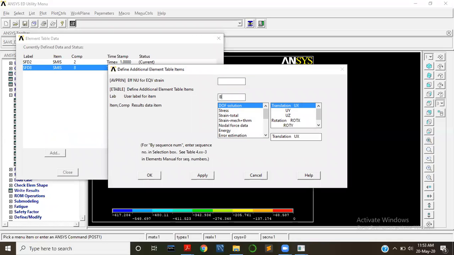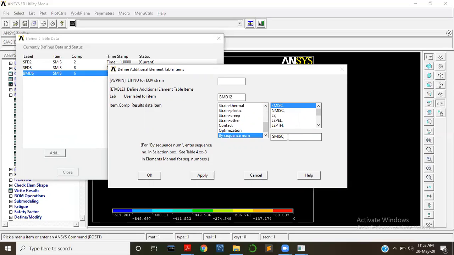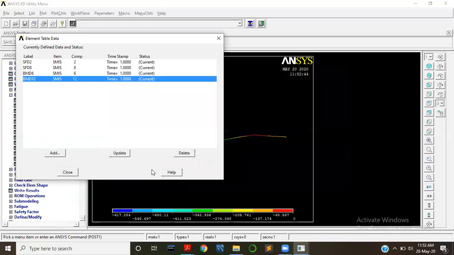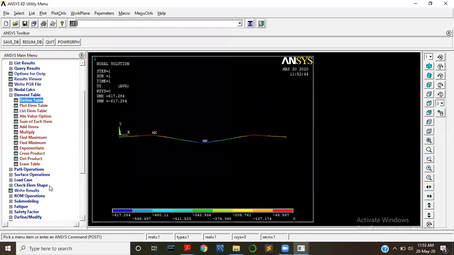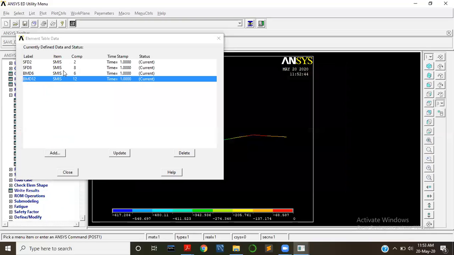Next BMD6, by sequence number SMISC6, apply. BMD12, by sequence number SMISC12. Press OK, close. You can check once more: SFD8 with SMISC8, BMD6 with SMISC6, and BMD12 with SMISC12.